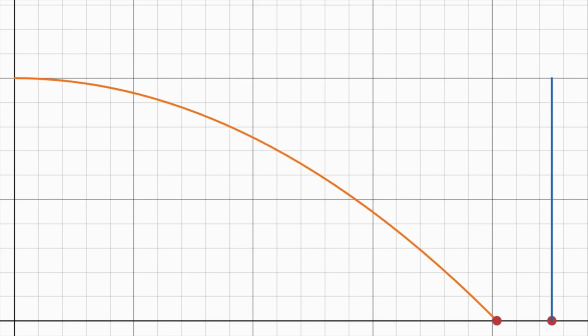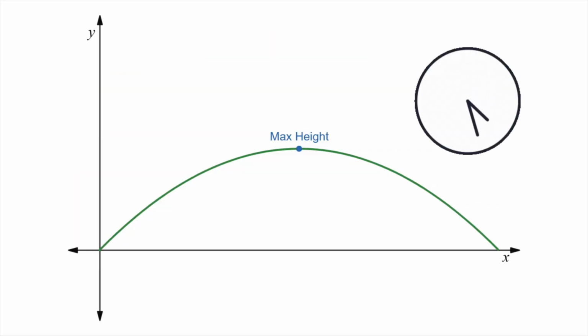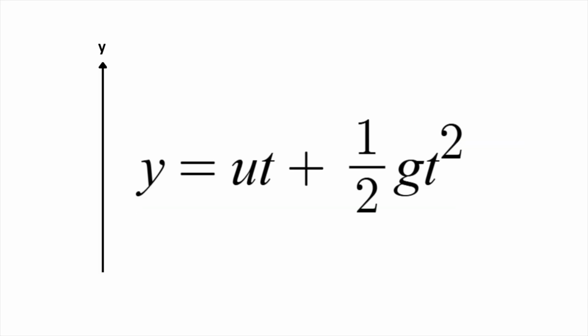In fact, if you shoot a cannonball to the right at 20 meters per second from a height of 50 meters above the ground, it will fall at the same rate as the cannonball you simply drop at the same height and hit the ground after the same amount of time. Pretty neat. So, to calculate, for example, the time of flight or maximum height, you use Suvat on the y-axis,